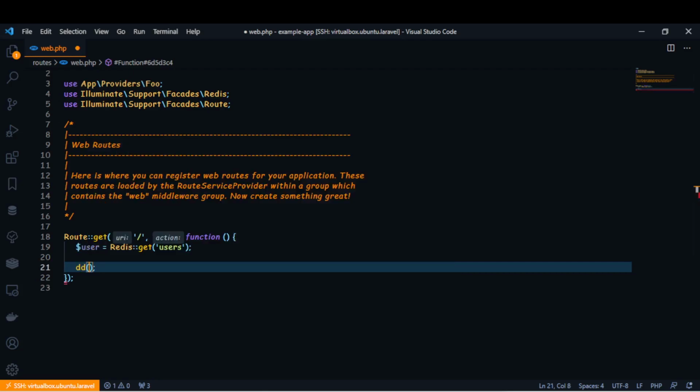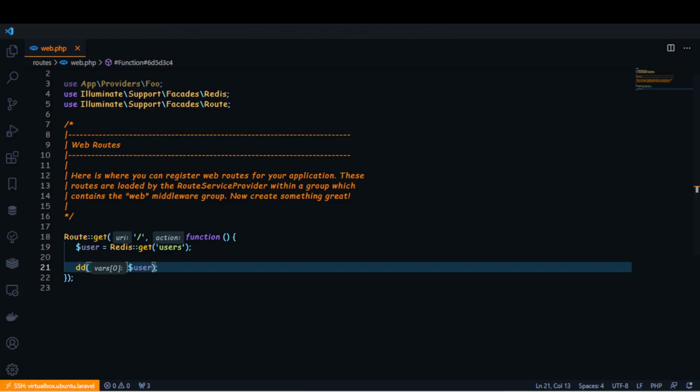After that, I'm going to do a dd. So if we go again to our route, we can see that we receive a null